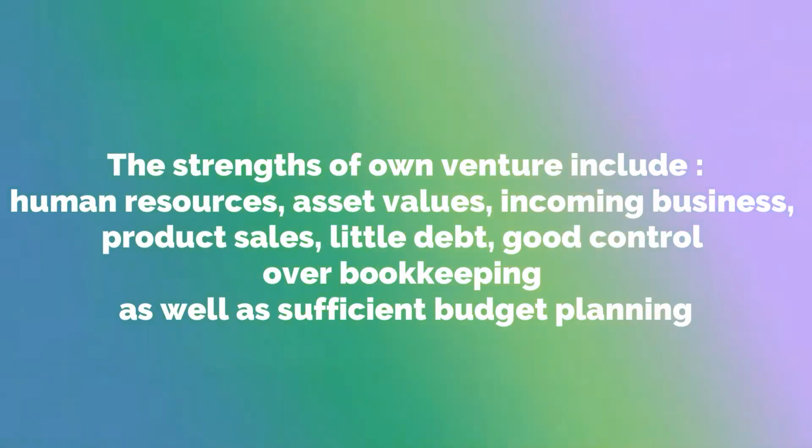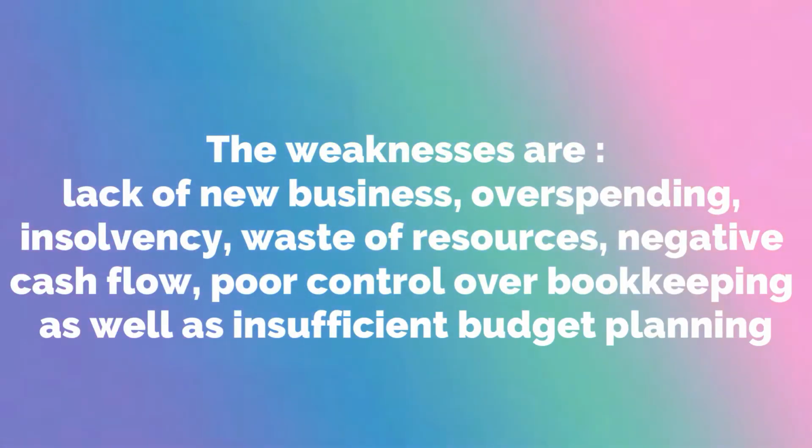The strengths of own venture include human resources, asset values, incoming business, product sales, little debt, good control over bookkeeping, as well as sufficient budget planning. The weaknesses are lack of new businesses, overspending, insolvency, waste of resources, poor control over bookkeeping, as well as insufficient